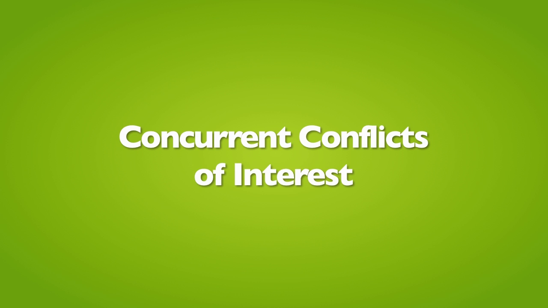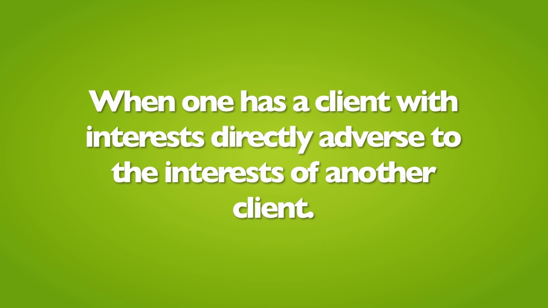Concurrent conflicts of interest. There are, broadly, two types of conflicts of interest: concurrent conflicts and successive conflicts. This unit will deal only with concurrent conflicts addressed in Rule 1.7. The next unit will tackle successive conflicts. Concurrent conflicts of interest exist when the lawyer has one client with interests directly adverse to the interest of another